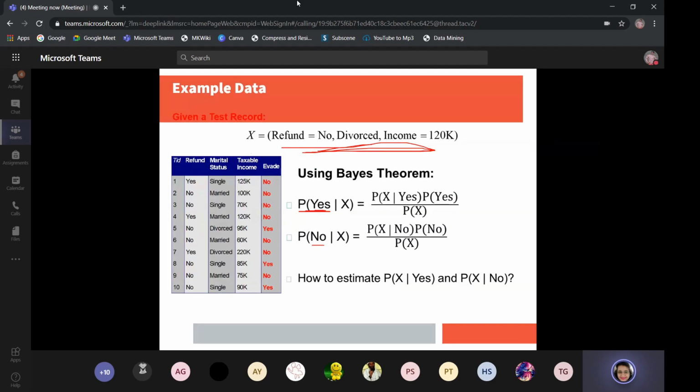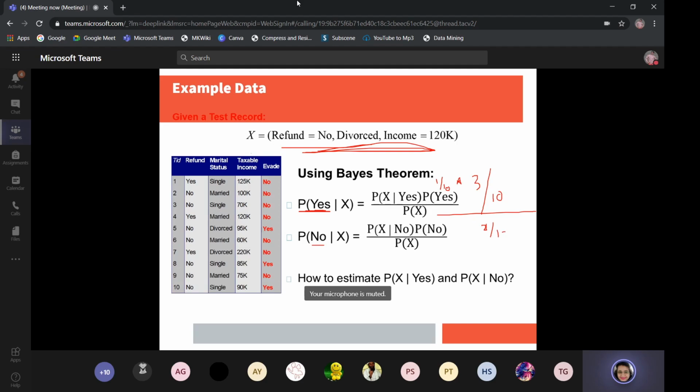So how many do you have for P given yes? 1, 2, 3. So this is 3 by 10. Okay, let's assume, we will solve this later, that there was one record. So this will be 1 by 10 into 3 by 10. And let's say that P given x, this combination, was again 1 by 10 only. Or it was 2 by 10, say it was in 2 records, and in 1 of them. So you will be able to compute the probability like this.